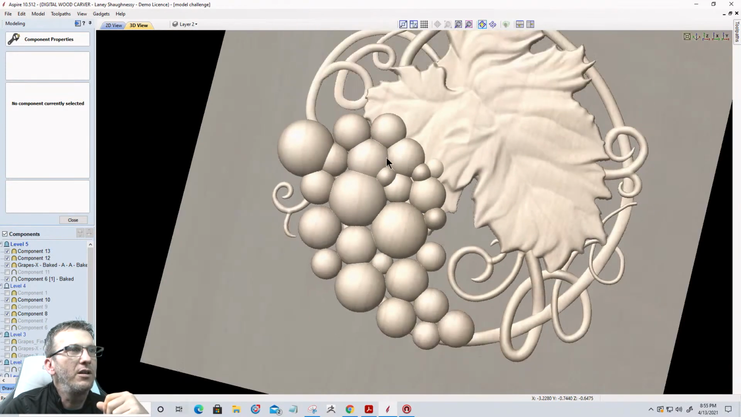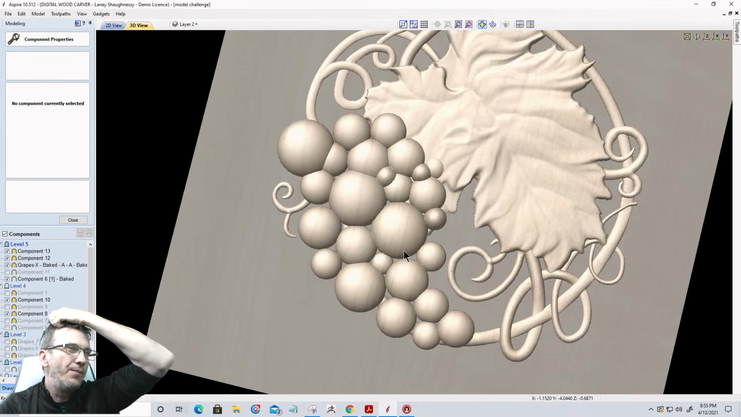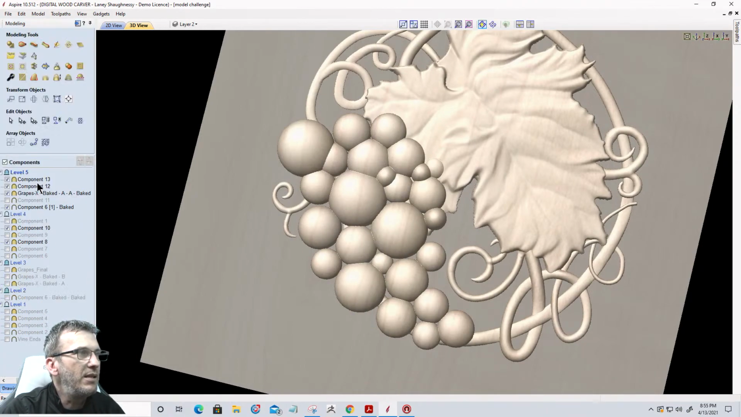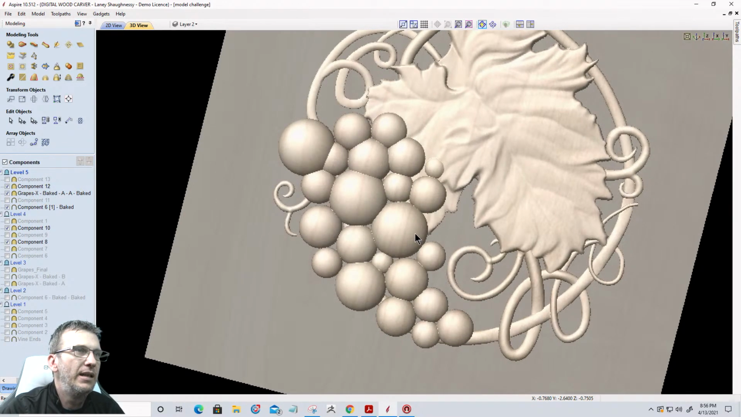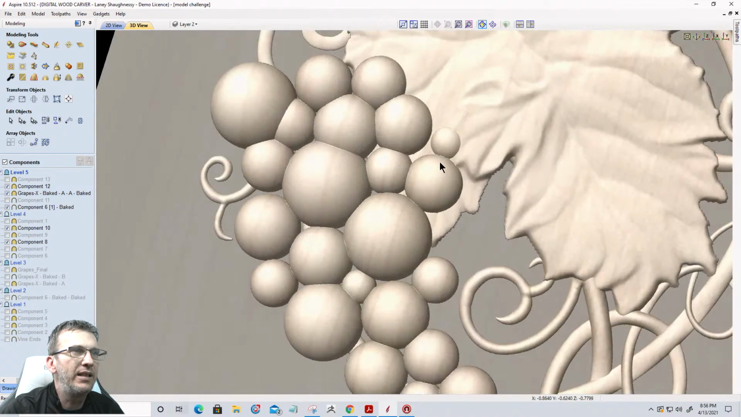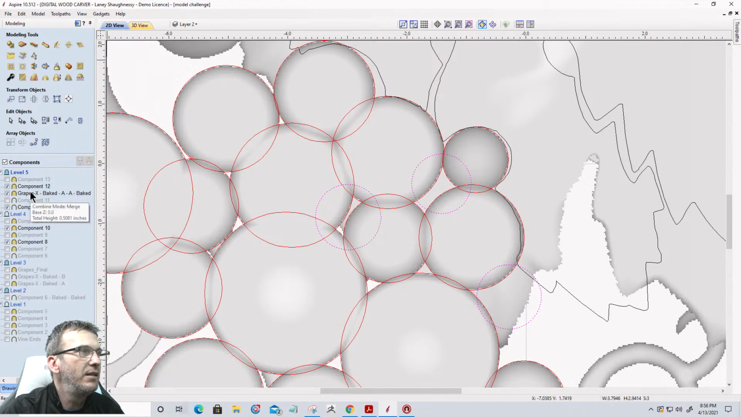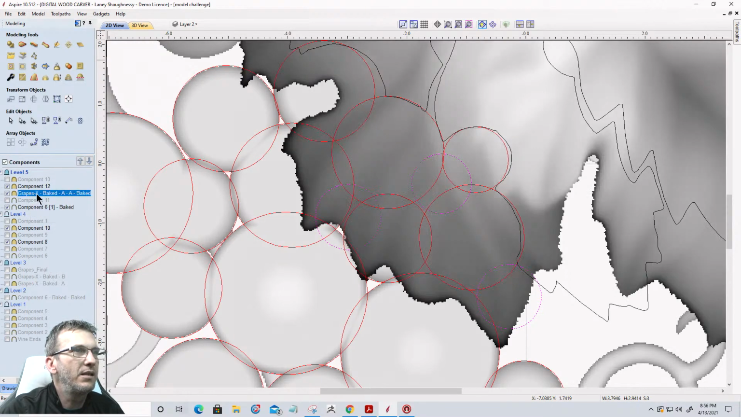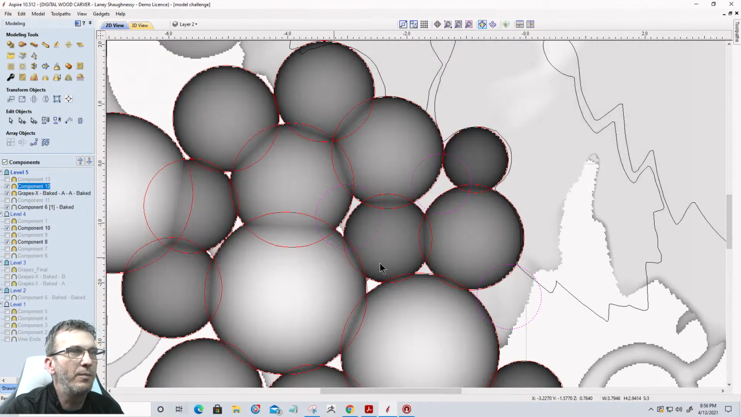And I could start to fill that in a little bit if I wanted to. I think what I'm going to do is on that last set of grapes, let's turn those 3 off that I created. And I think what I'm going to do is keep these, but get rid of and delete this one right here. So if I select this component, my grape component here,